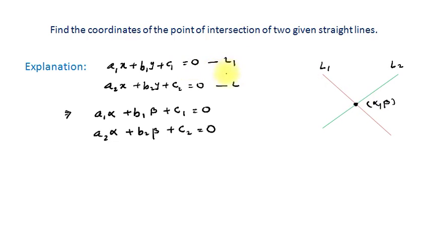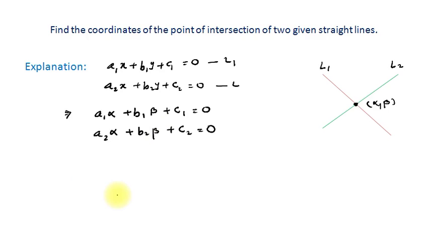If their slopes are equal, then they are parallel and they never cut, okay. And if their slopes are not equal, then they will cut at a certain point, and suppose this certain point is alpha beta. It means this point lies on the line L1 as well as the line L2. So alpha beta satisfies both equations. Now this is a linear equation in two variables, as we studied in class 10th. So we have to find the point alpha beta.